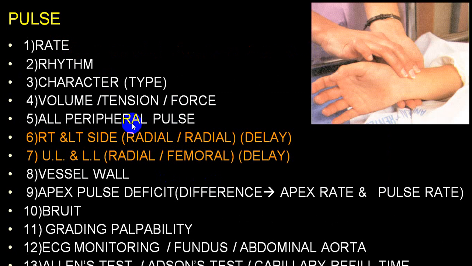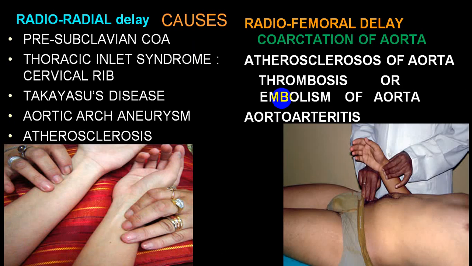For radiofemoral delay, you will have to take the pulse of the right side femoral and right side radial and compare the two. But when you compare radial with radial, it is called radio-radial delay, and that is for finding out coarctation in the arch of aorta. But in case of aneurysm, by and large you will not come across a good delay. But still, sometimes you can see a little delay between the two pulses.